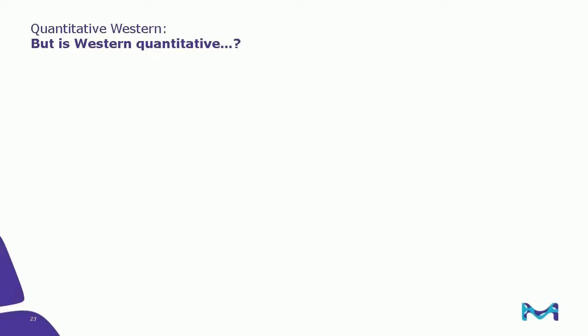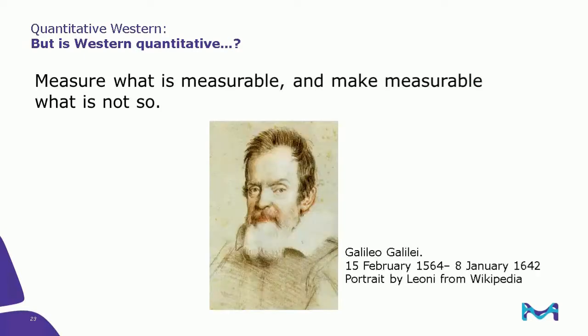So let's start by talking about quantitative Western. When I talk to the scientists about Western, often the question that I hear is, but the Western blotting is not quantitative, right? I think the answer is it can be, but there are things that need to be properly implemented if Western is to be used in a quantitative way. With that, I think we'd all agree what Galileo once said, measure what is measurable and make measurable what is not so. Often the reality is that Western blotting is the most accessible way of measuring specific protein expression level in tissues or cell lysates.